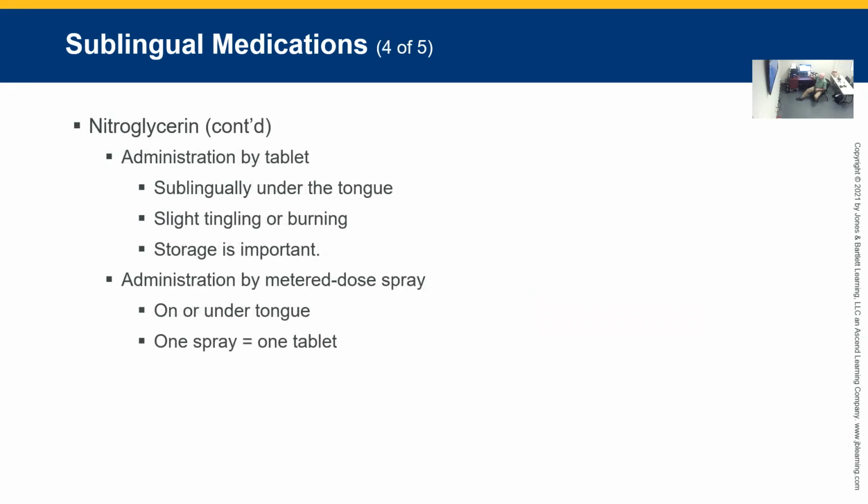So once you open the pill bottle up, storage is very important. Once air gets to it, it's only good for 6 months. So the biggest issue that you see with it is people will say they've taken a nitro and it didn't do anything for them. So you can ask them if it gave them a headache or it burned under the tongue. If they said no, then the nitro they've had too long. So again, once it's been opened about 6 months,